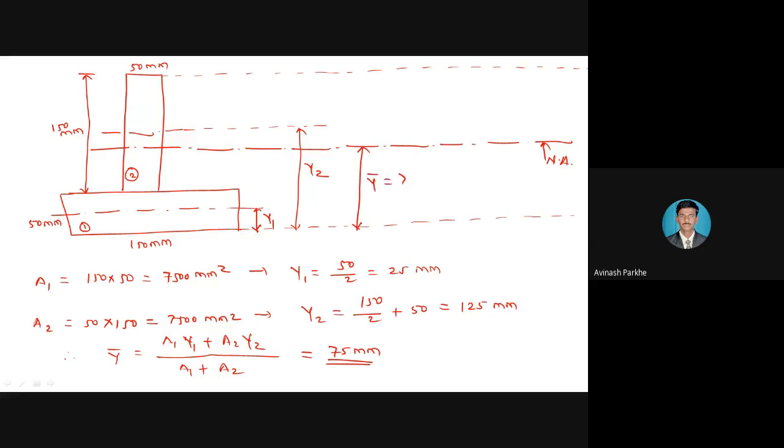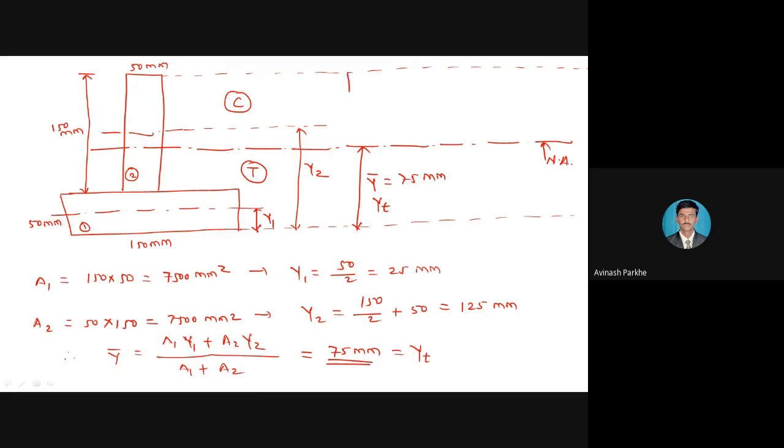So here I will write y bar from the bottom side. Y bar is equal to 75 mm. But as the beam is subjected to sagging bending moment, meaning this is a simply supported beam, below the neutral axis the region is tension. Above the neutral axis, the region is compression. Therefore, the first y bar we have calculated is called YT. Therefore, y bar is equal to 75 is equal to YT.